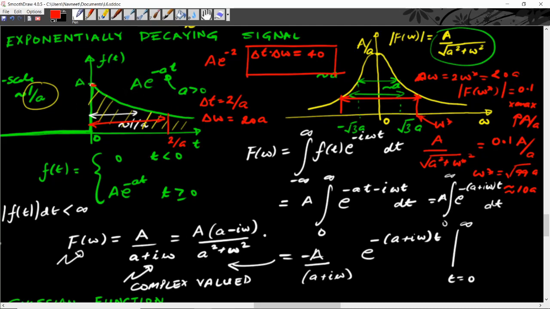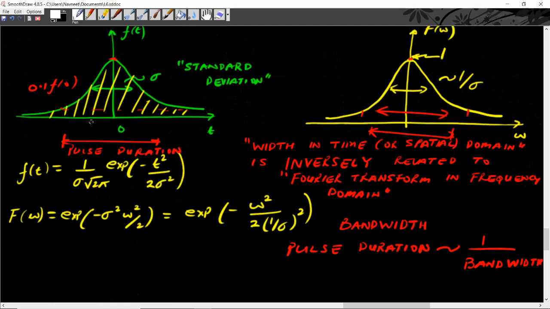That means if I had another exponentially decaying signal with a different rate, still the product of the pulse duration and the bandwidth would be a number that is independent of the characteristic time scale of the decay of the exponential signal. Finally, for the Gaussian function, we can take my pulse